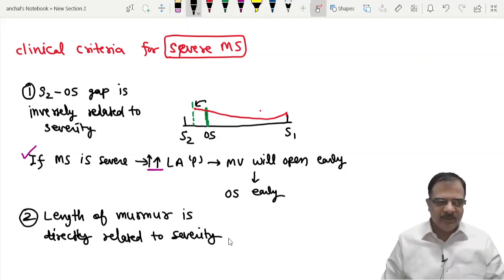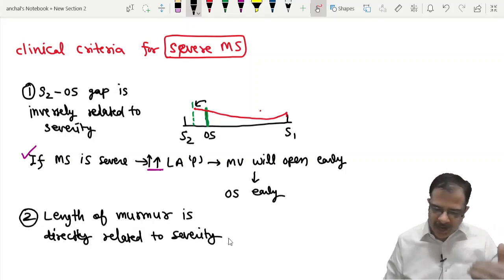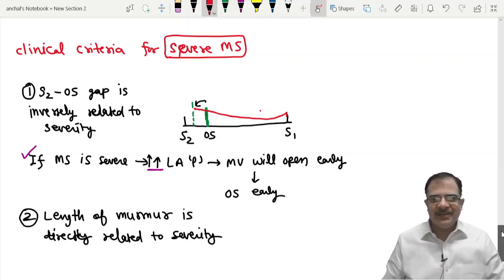So this is the very important conceptual aspect of the MS. As a medical student, you might not appreciate this distance or the length of the murmur, but it is an important viva question. It is an important viva question. Now come to the investigations of